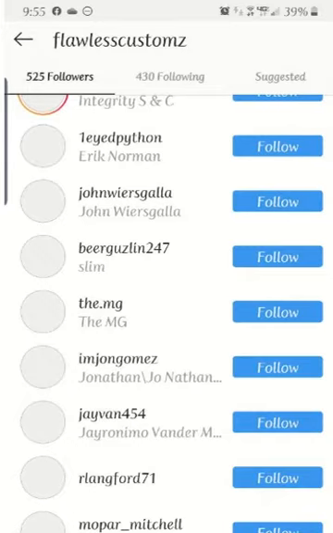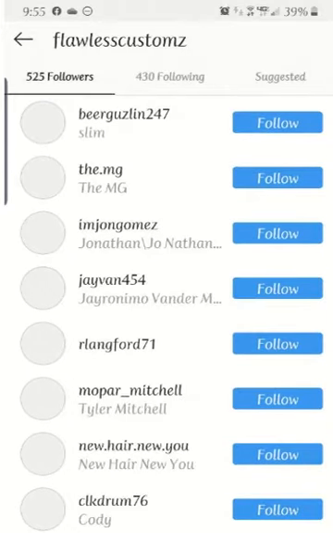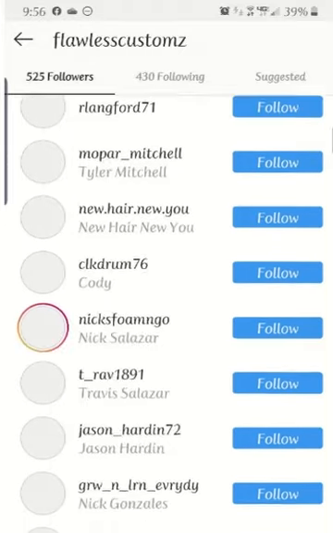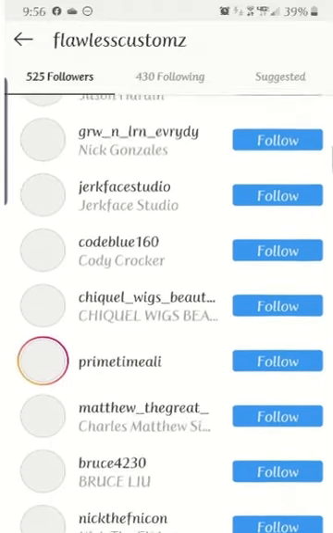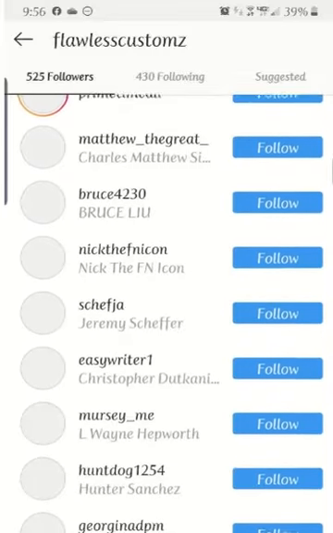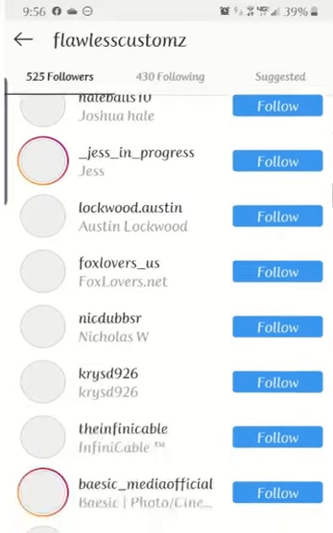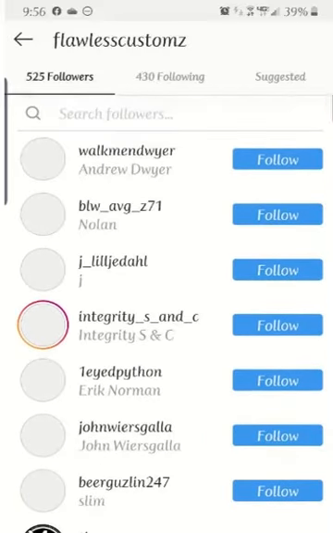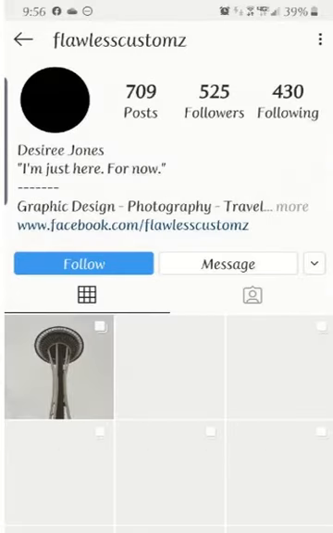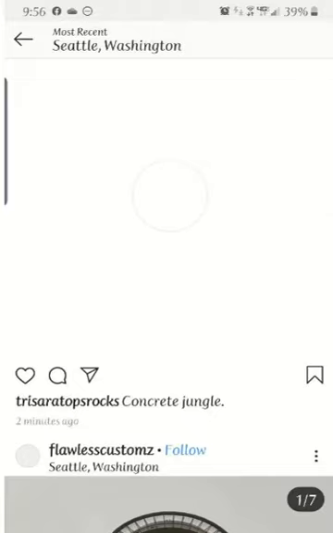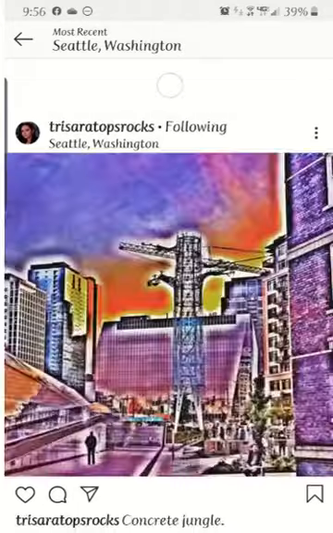Right now I can't see anybody's pictures, and for me it's hard without seeing the picture, because the picture is what I judge on whether I'm going to follow them or not. Because for the most part, that's going to tell me